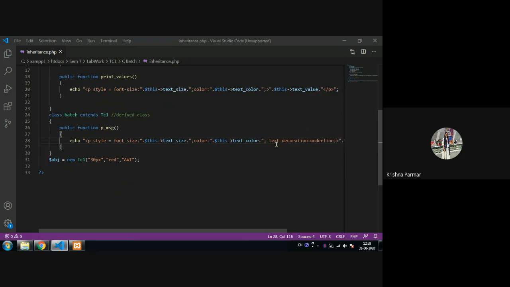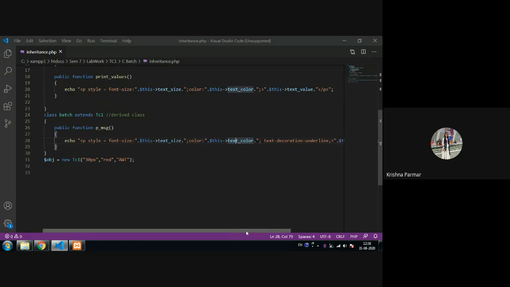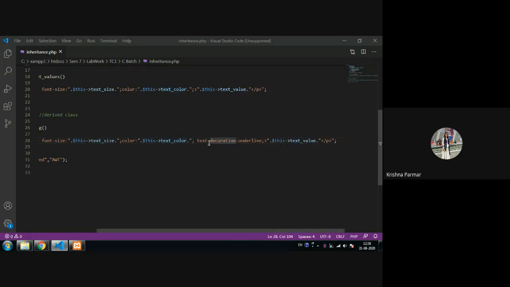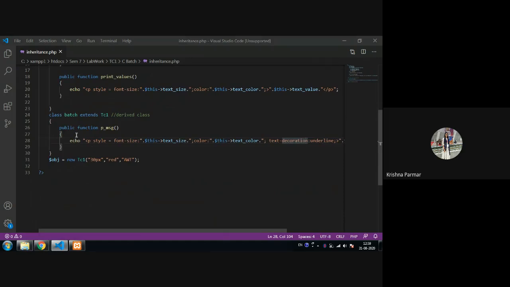Are you getting my point? All the properties are inherited from the base class, so that's why I'm using them without anything else. And the other thing that I add from my side is the text decoration underline. So that is my own feature, the derived class feature. So that is all about the small derived class.